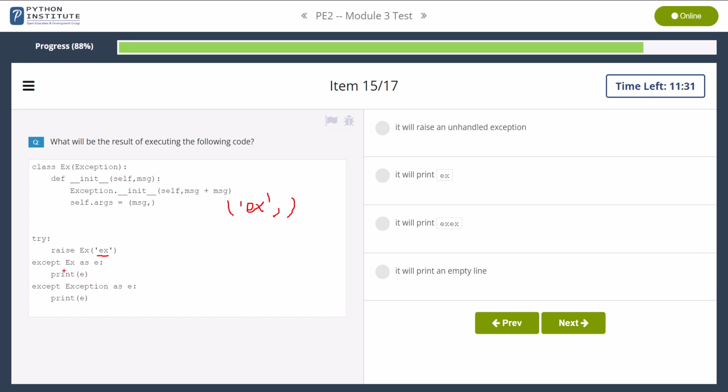And what it will do, it will catch it here, x. It will not catch it here because it will be caught before, so the standard exception handler will not work, and it will just print it. Okay, interesting. So then